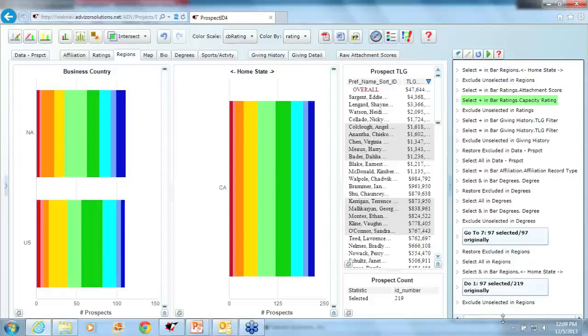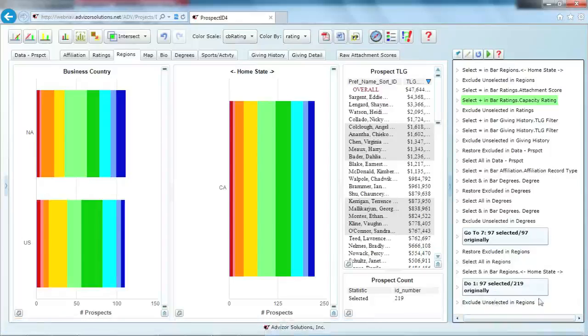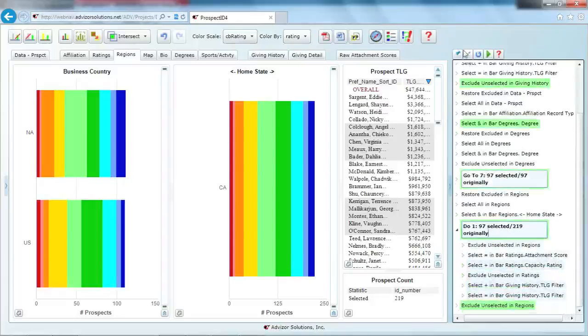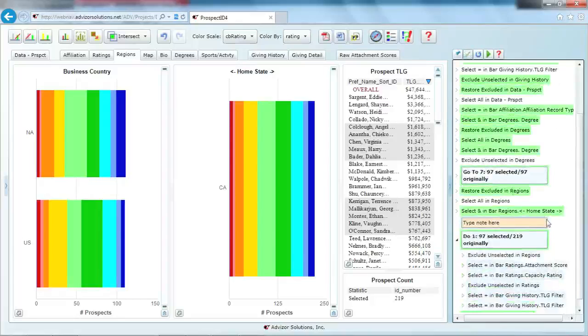So the last thing that I want to show you here with Flight Recorder is, now that I got my list of people for California, I can add in here a note and just say California list. So I will know where that query is. So now that's